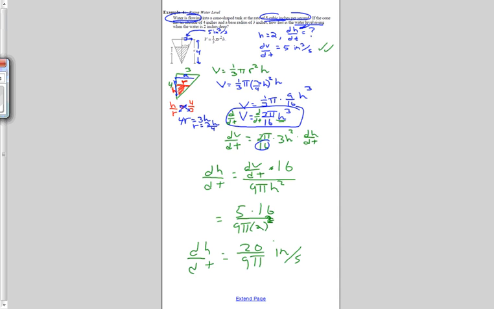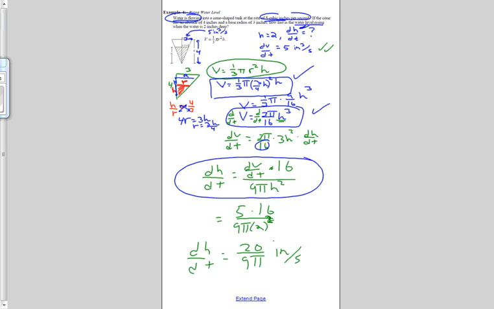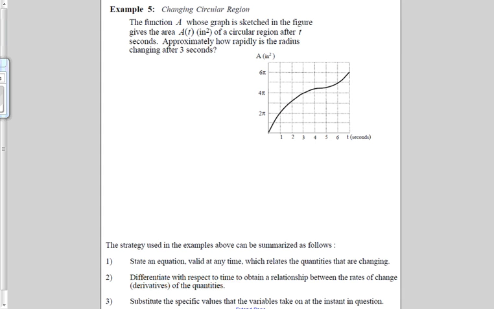So just talking through the process again, what we needed to do, we started off with our equation up here, but it had 3 variables. So we had to express r in terms of h, and then we got v and h related. We simplified it. Then we differentiated with respect to time so that we could get a relationship between dH dt and dV dt, and then we just plugged in what we knew. Easy. Last problem that we're going to look at, this problem is